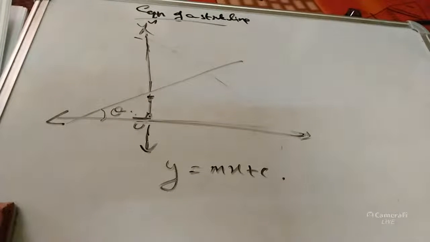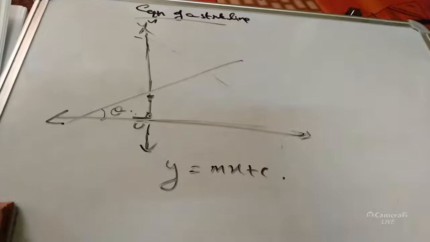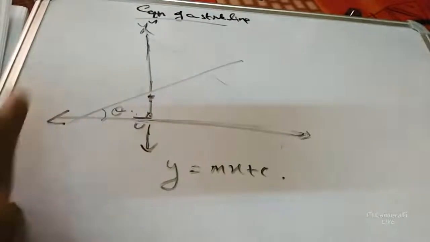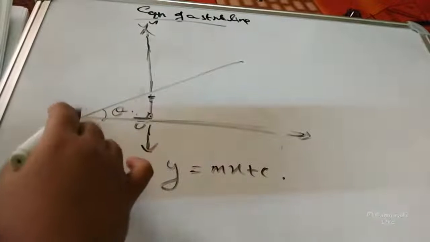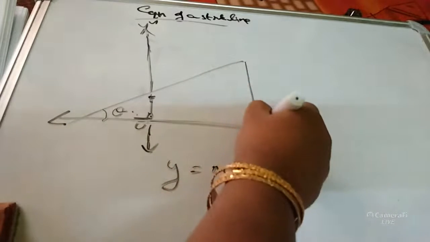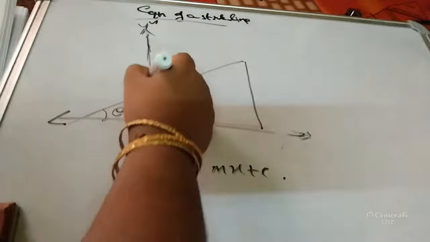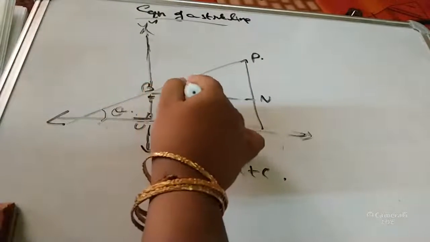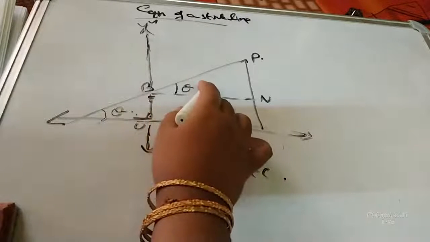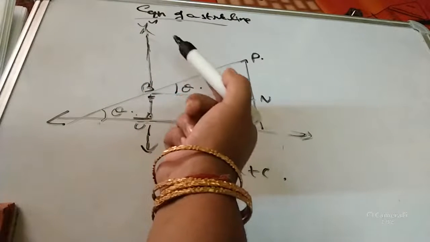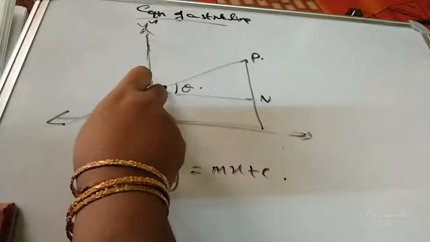And then we can write it like this. If we make this a right angled triangle, if this is theta, then this angle will also be theta because they are corresponding angles. Now in triangle BPN, according to the trigonometrical relations, we can write